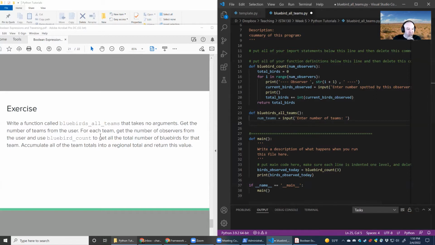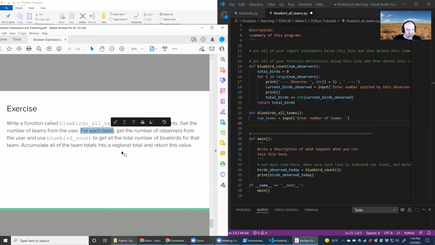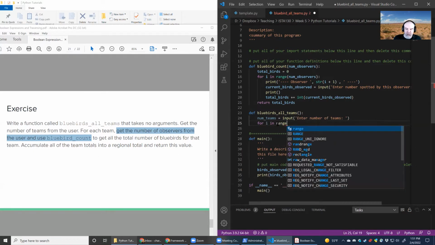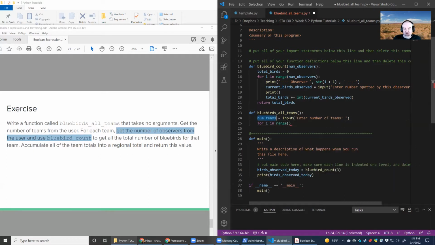Okay. And then for each team, so notice it says for each team, which to me sounds like within a loop, we're going to get the number of observers for that user and use the bluebird count to get the total number of bluebirds for that team, right? So essentially we're going to be doing a loop within a loop, or we're going to use the function that has a loop within another loop over here, right? So for each team, so for i in range number of teams,